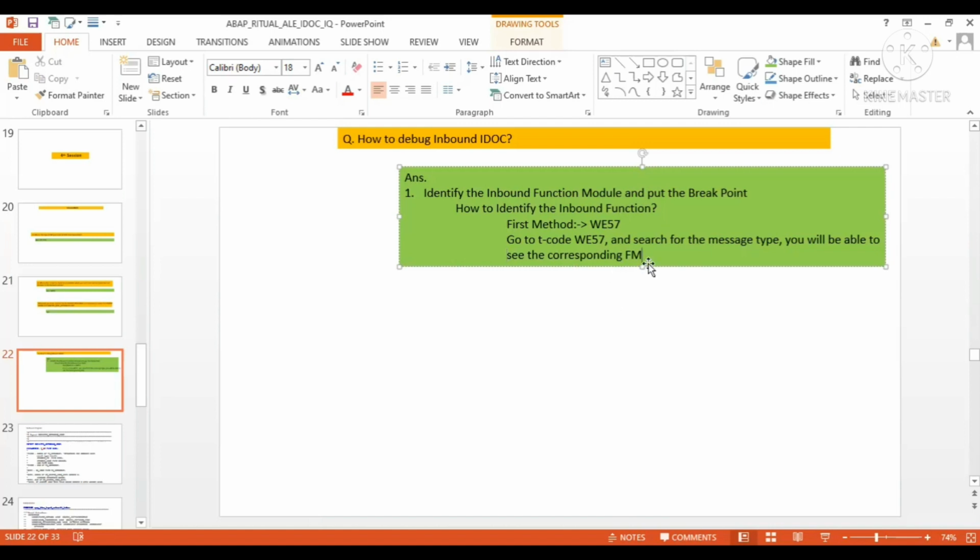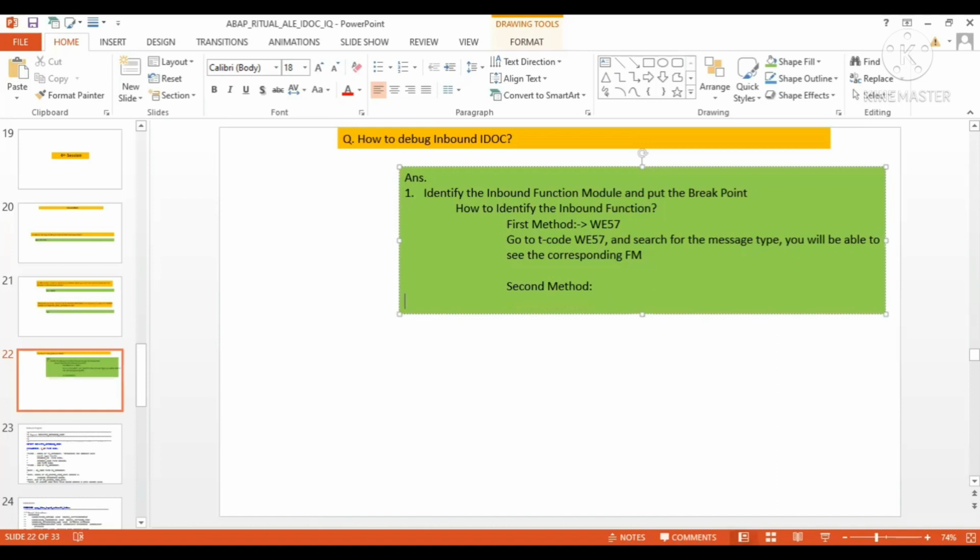Another way is also there, the second method. What is the second method? Go to WE20. We have seen so many T codes, but this WE20 is going to be used very frequently.